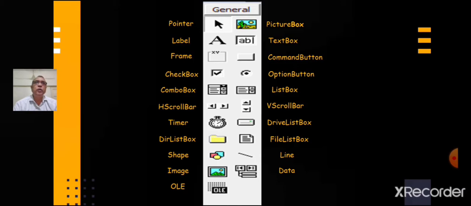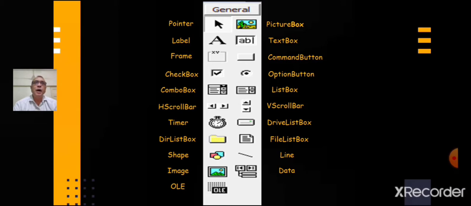The next control is frame. Frame serves as a visual and functional container for controls. Command button is used to carry out the specified action of the user. Checkbox displays a true, false or yes no option.